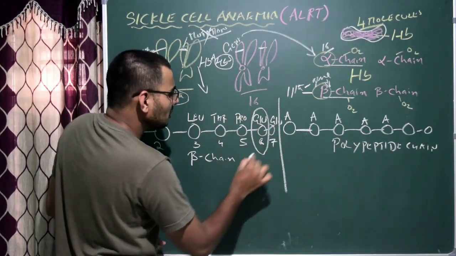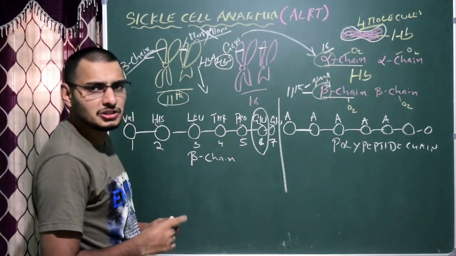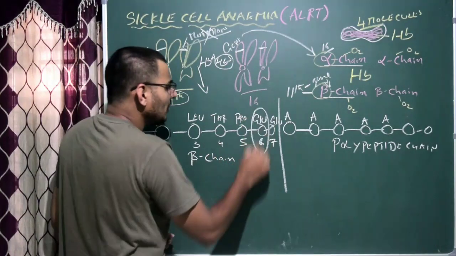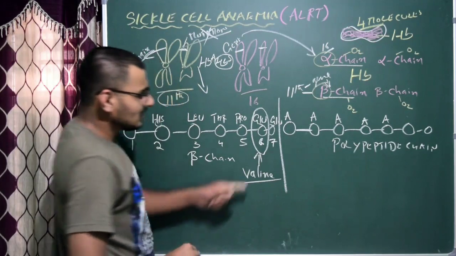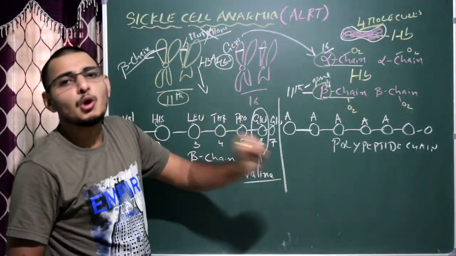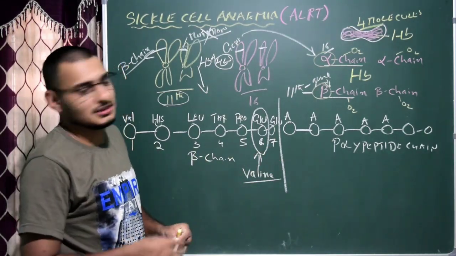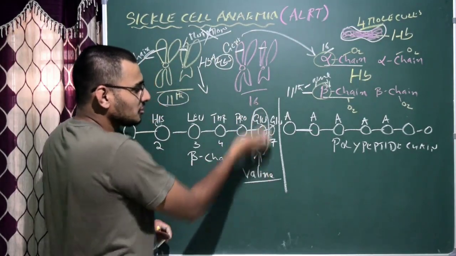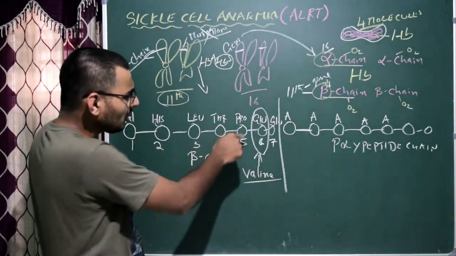At the 6th position of the beta globin chain, the amino acid is glutamic acid, but due to the mutation, the glutamic acid is replaced by another type of amino acid which is called valine. See, the valine now replaces glutamic acid. As a result, it becomes abnormal. The shape now changes. As a result, it cannot carry oxygen. So, one thing to remember is that this is a substitution mutation. Valine is now taking the position of glutamic acid. Very, very important. Remember this.